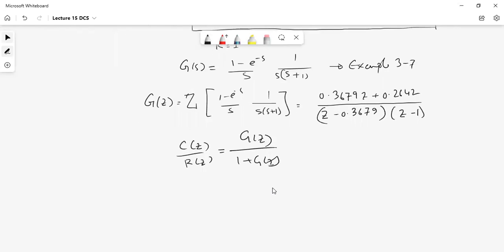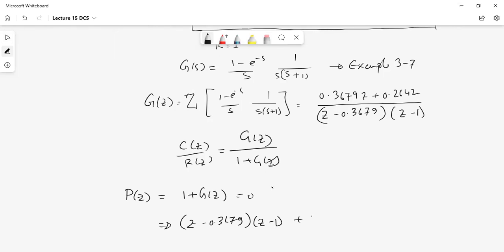So we can easily find the characteristic equation, which is 1 plus G(z) equal to 0, and with a bit of manipulation that gives you (z minus 0.3679) into (z minus 1)